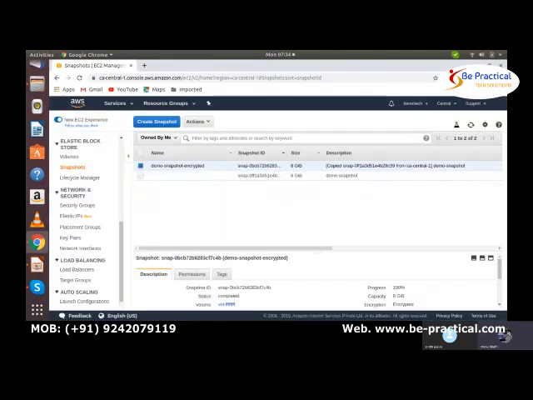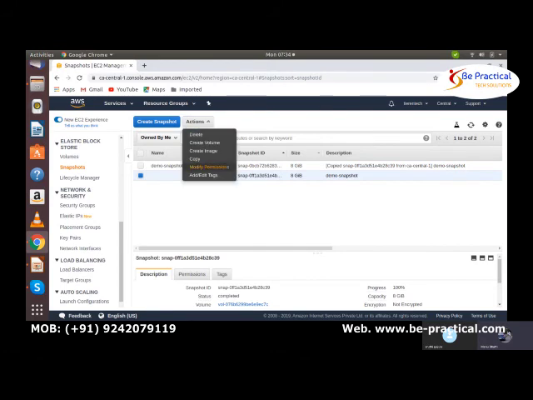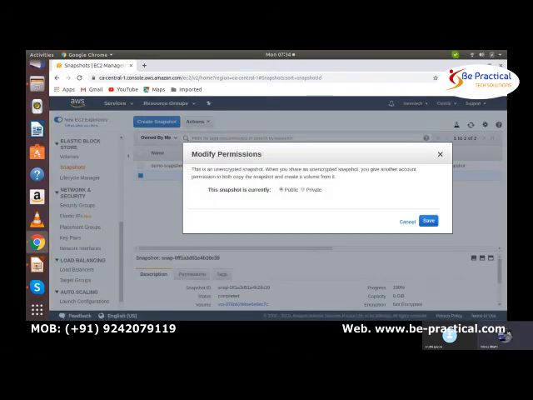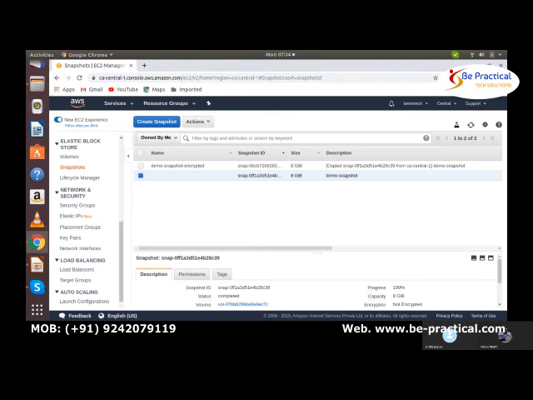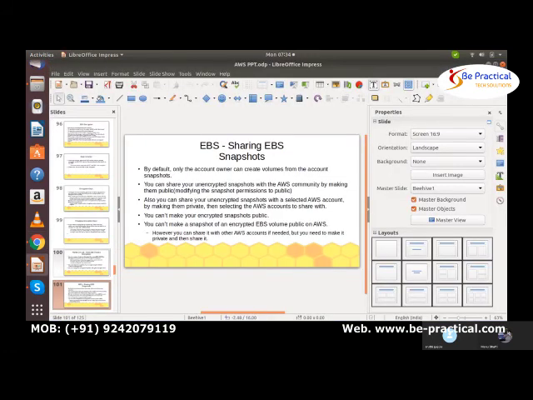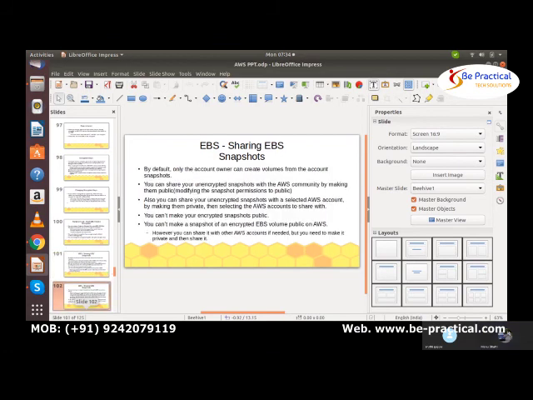But if you click on this one, which is not encrypted, and modify permission, now you can see you can make it public, right? These are the important points, and it can be asked like a tricky question in your exam. So you should be knowing this.